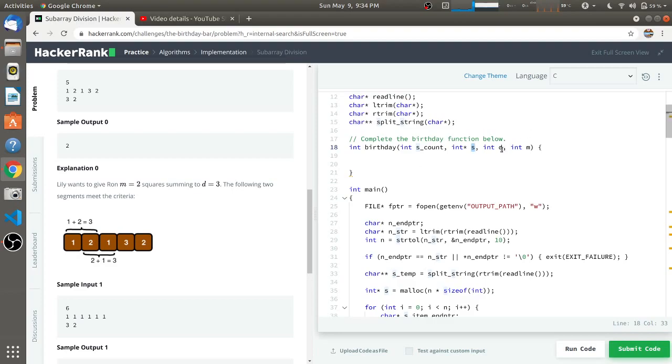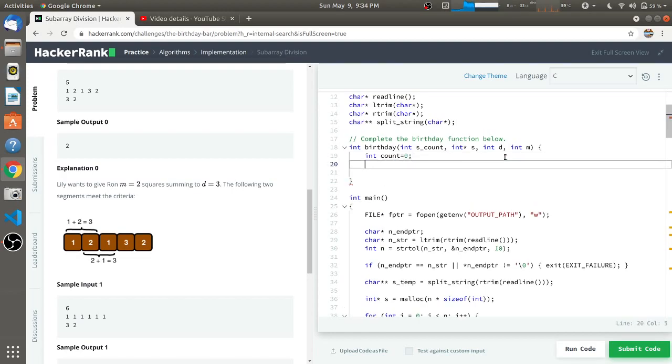This is the s count, and this is the array which we are getting, the actual array, and these are the dimensions, the month and the date.